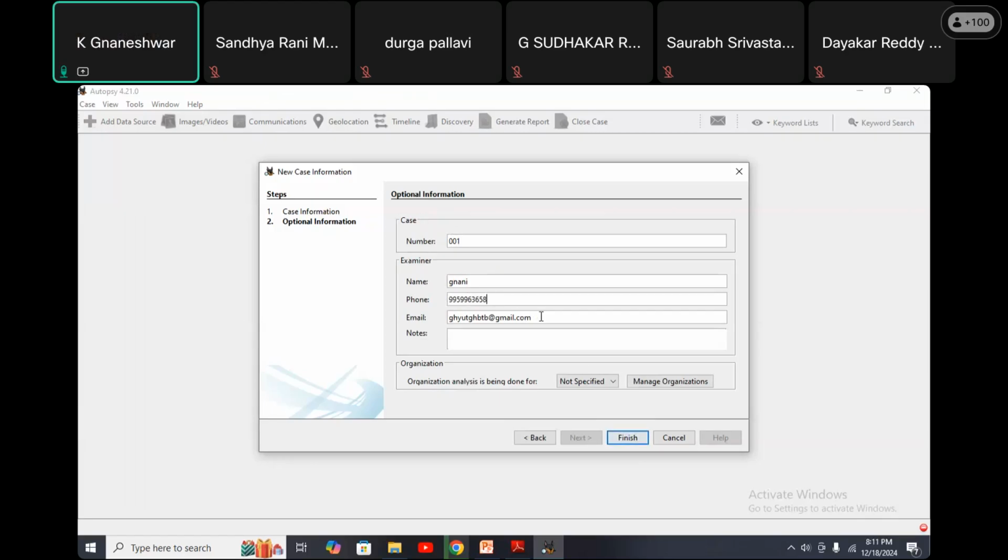That is your wish, nothing will happen. But if a net connection is there and you give a real mail ID, you may get some message from the Autopsy website only. Here I gave some dummy mail ID. No problem. I practiced with different mail IDs and different phone numbers before, so the same thing here, it is for visualizing.